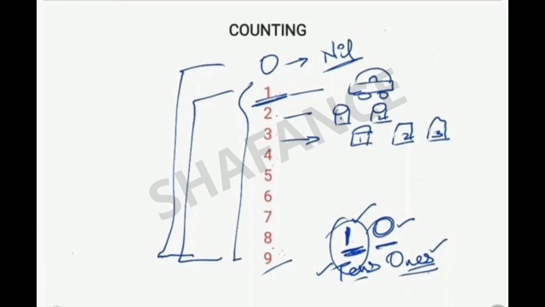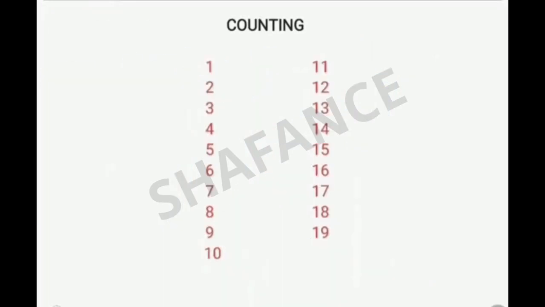It represents nil count. On the leftmost side, we don't put 0, because if we put 0 with 1, it represents only 1, because 0 on the leftmost side doesn't have any value, doesn't have any significance, we can say. So it becomes a 1-digit number only. Therefore, on the leftmost place, we keep the least of 1 to 9. So this is how 10 comes.